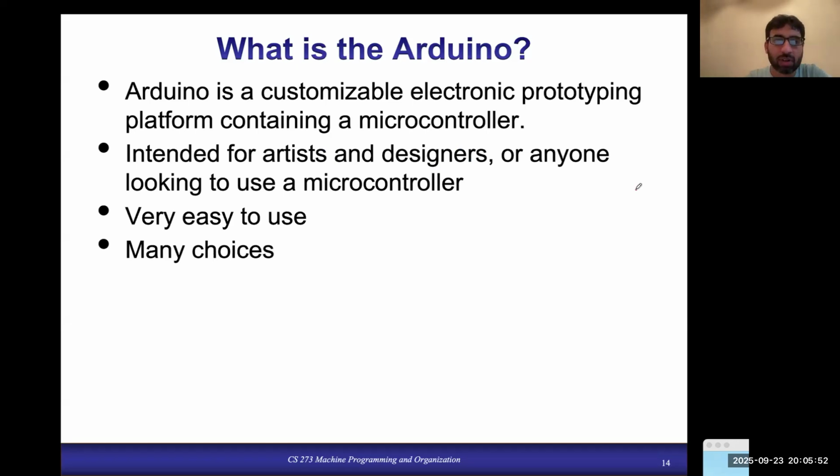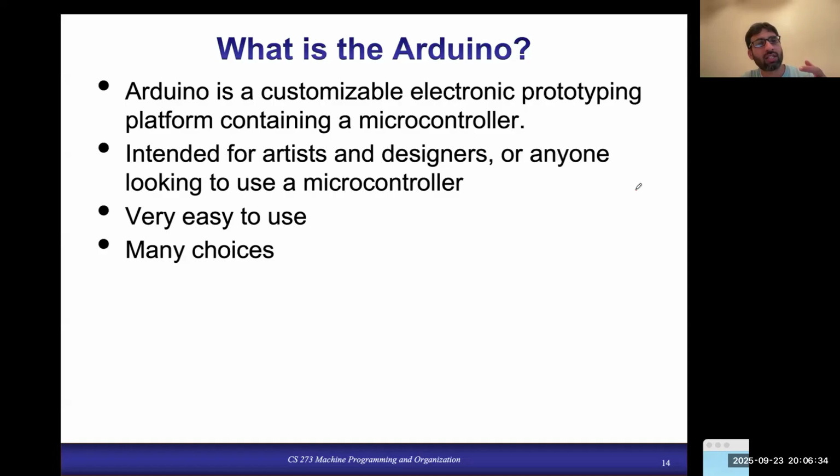I remember when I was in undergrad, we had a course on machine programming or assembly language, and we were using the microcontroller 8051. At that time, it didn't have a board like you now have the Arduino board. Now when you download or burn the program into your Arduino board, you simply connect with your USB and click on your Arduino IDE. You simply click this arrow button, and then it burns the code in the program memory of the microcontroller. But when we were using the 8051, there was